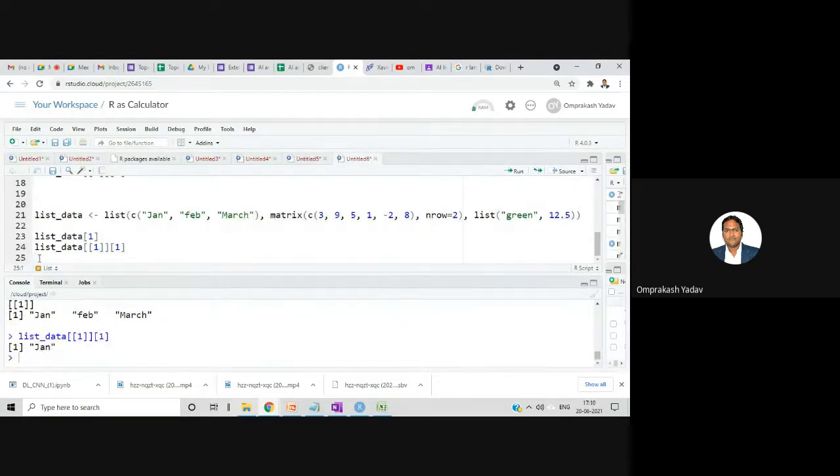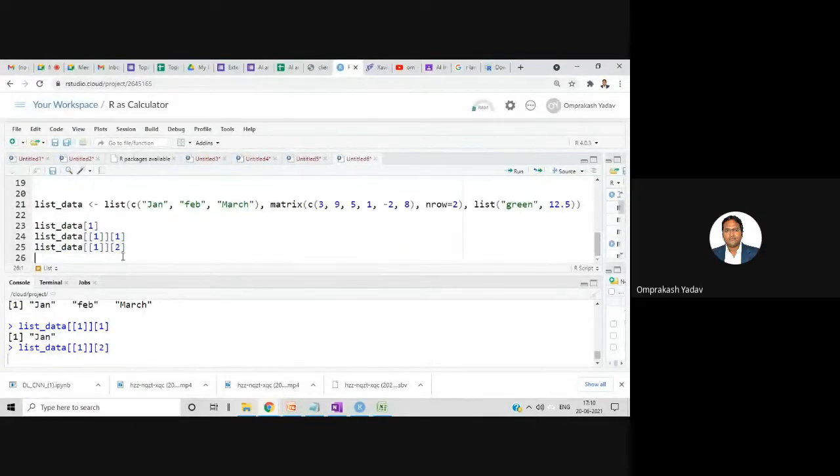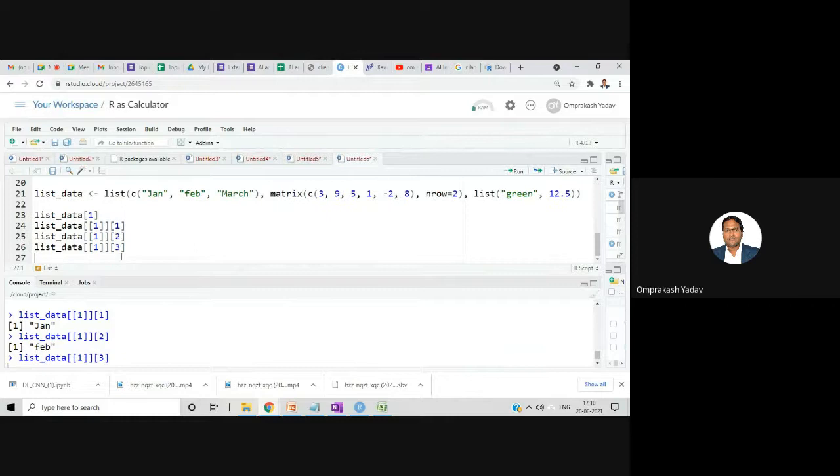So in this way I can access. Similarly, let's access other values also. 2, right? Feb, and this 3. So it's giving me March. So first is done, right? We have accessed all the elements of that one.